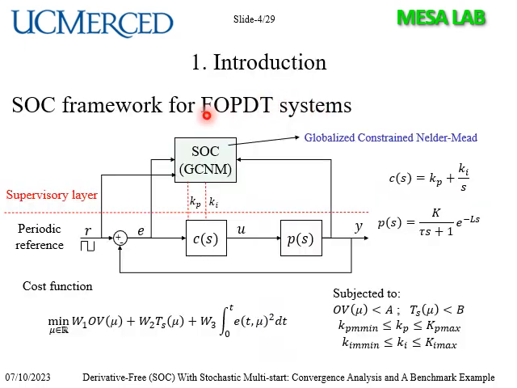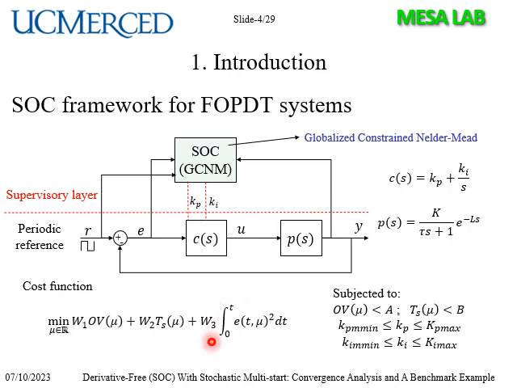In this paper, the self-optimizing control scheme proposed is shown in the figure. As you can see, it consists of a closed-loop stable system, which in this case is represented by a first-order plus dead-time system and a PI controller. On top of that, a supervisory layer is added, which contains a real-time optimization algorithm or self-optimizing controller, which in this case will take the reference error and output signal to minimize a cost function, based on the time-domain desired specs of the system.